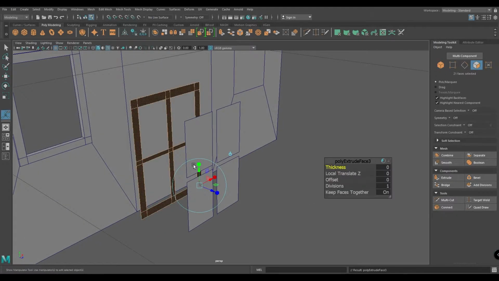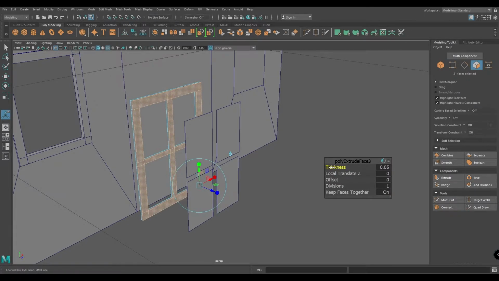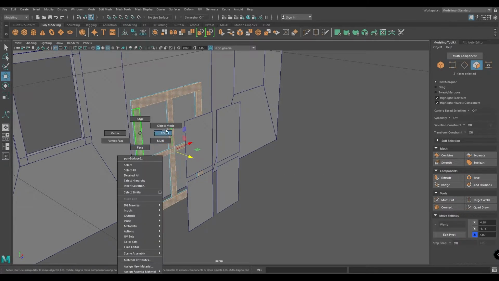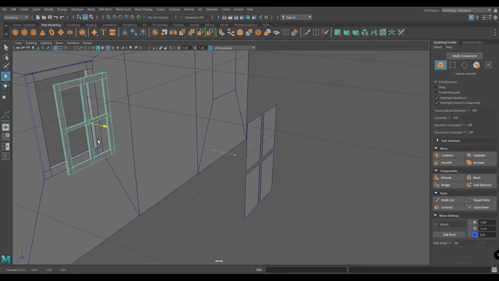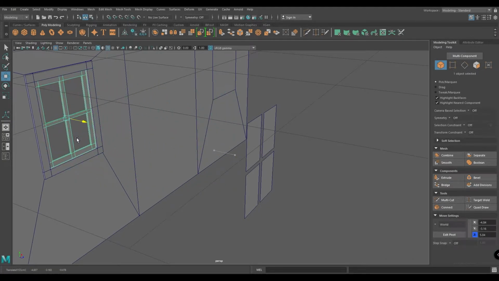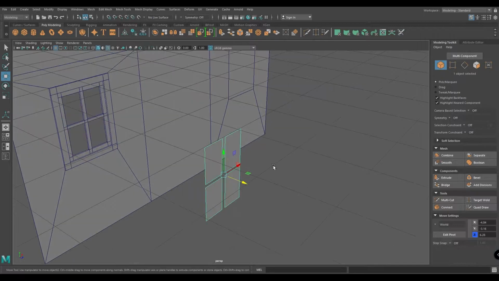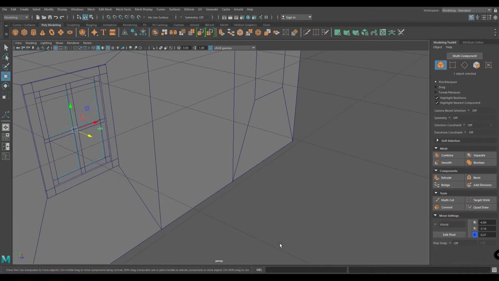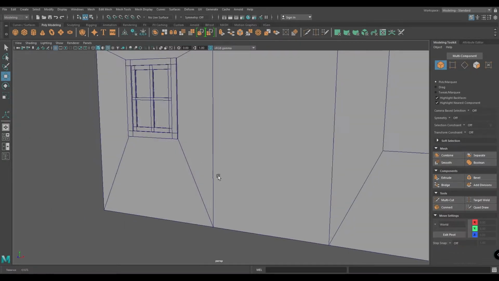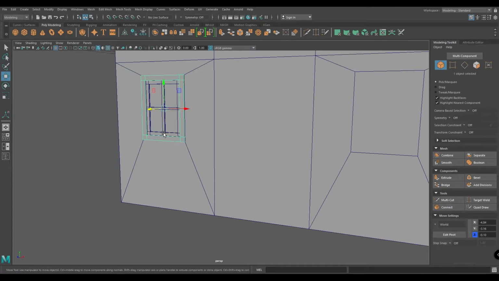So press Ctrl E to extrude and increase the thickness to 0.5. Again go to object mode and place it here. And select these faces and place them in this window. You can select all of them.